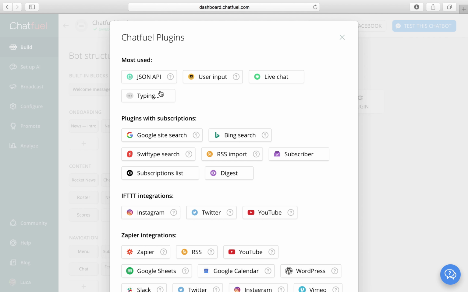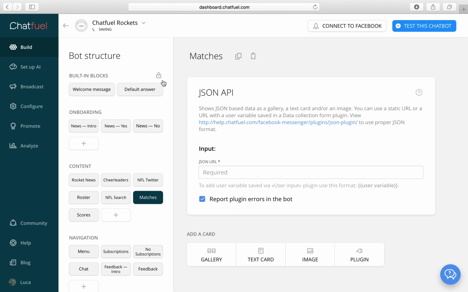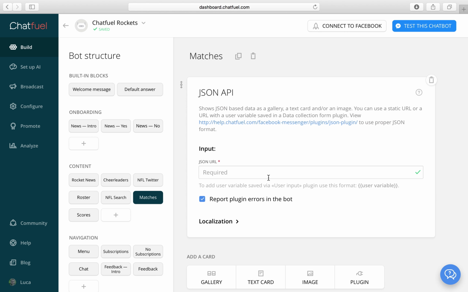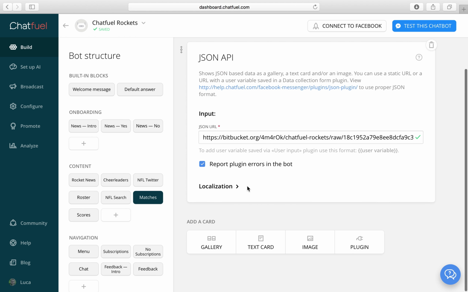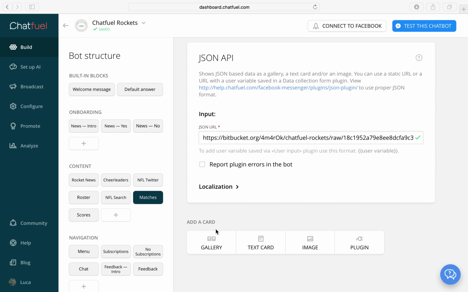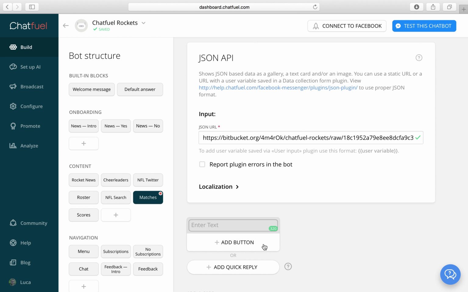The Json API plugin allows developers to add custom features to their bot. So some coding is required, and you can get help for the JSON format on help.chatfuel.com under this link. For now, I already prepared some JSON for us. Let's just use this one. Let's turn this one off because we don't want users to see any errors if there are in the JSON. Let's say